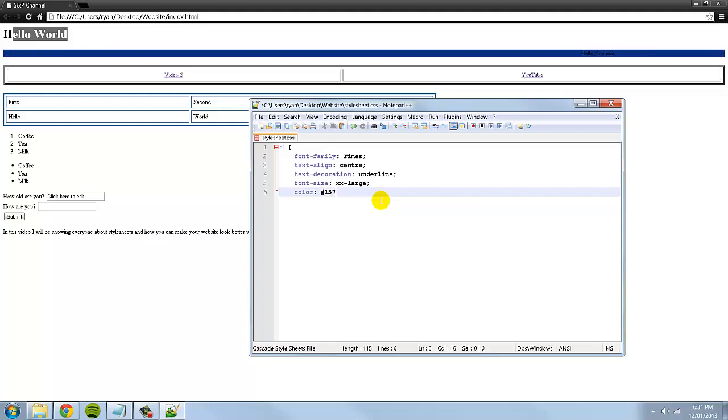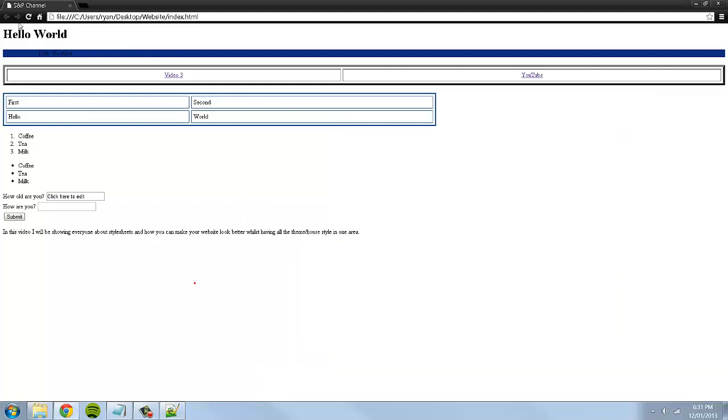I'm going to do like so. So then obviously go down and add the closing bracket, a little squiggly line like so. So there we go, that's the header 1 style now complete. If I now go and refresh this web page, it's now there, and I think I made the center